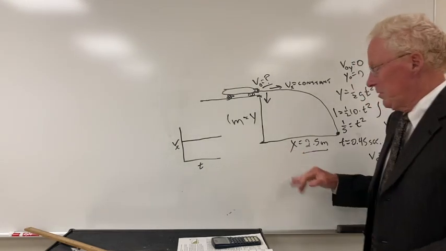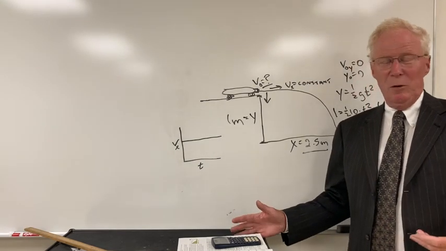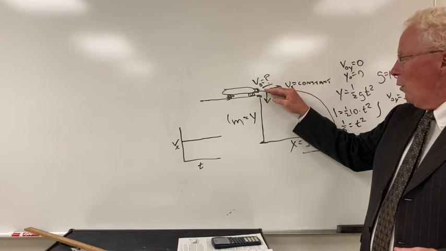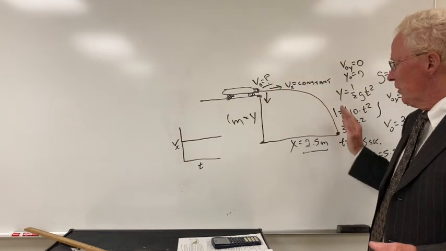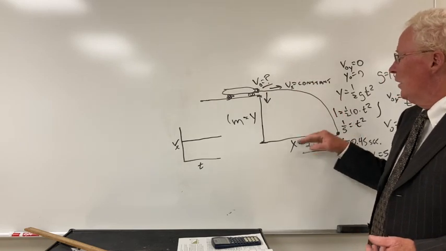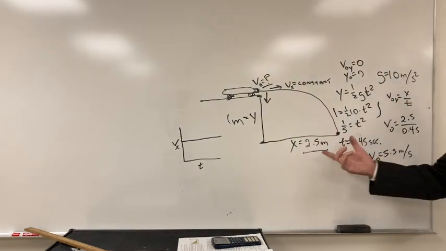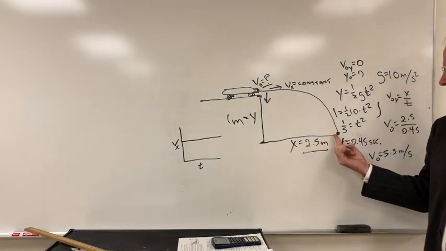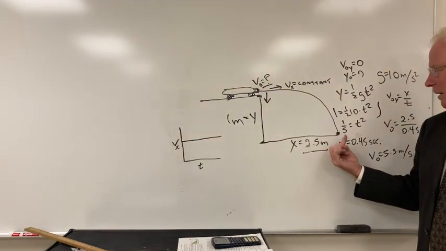So those are these two kinds of examples of projectile motion. In one, we know how high we are, and based on how fast we're going, we can tell how far out it goes. And in this one, we know how high it fell from, and we know the distance it traveled, and from there we can